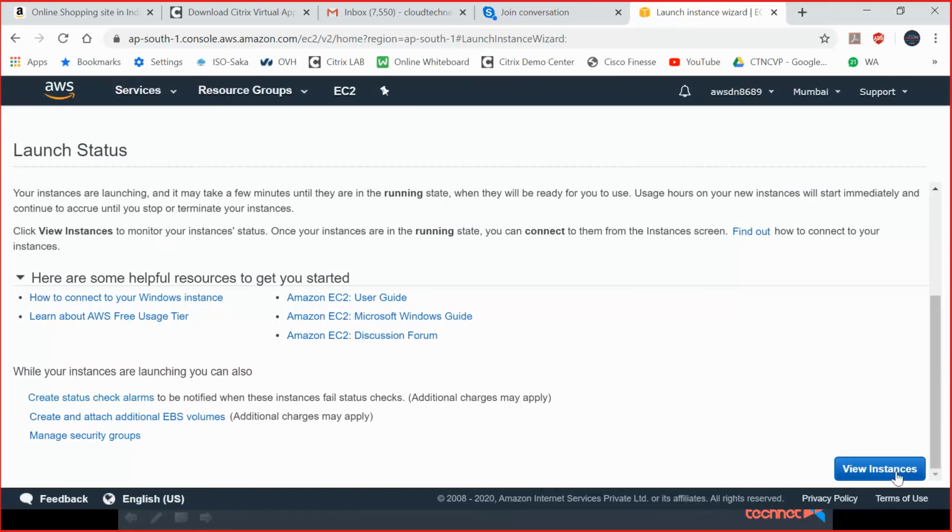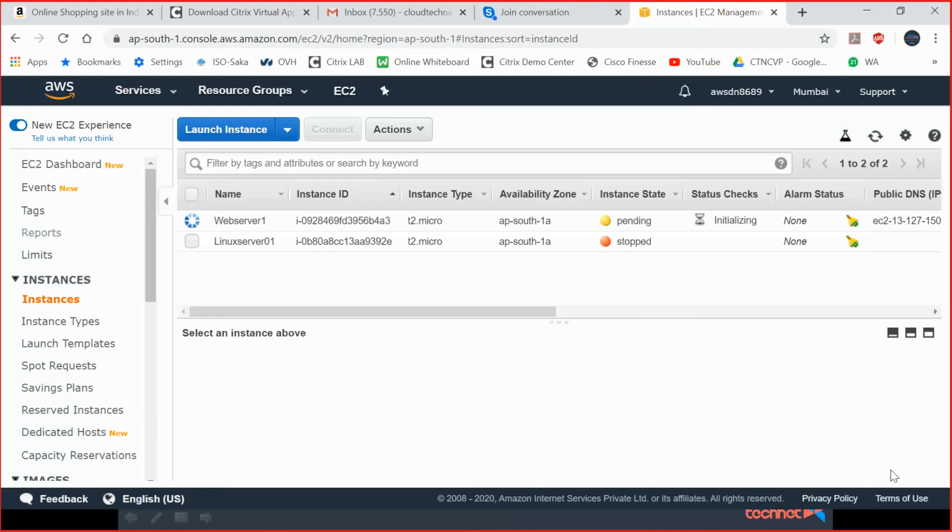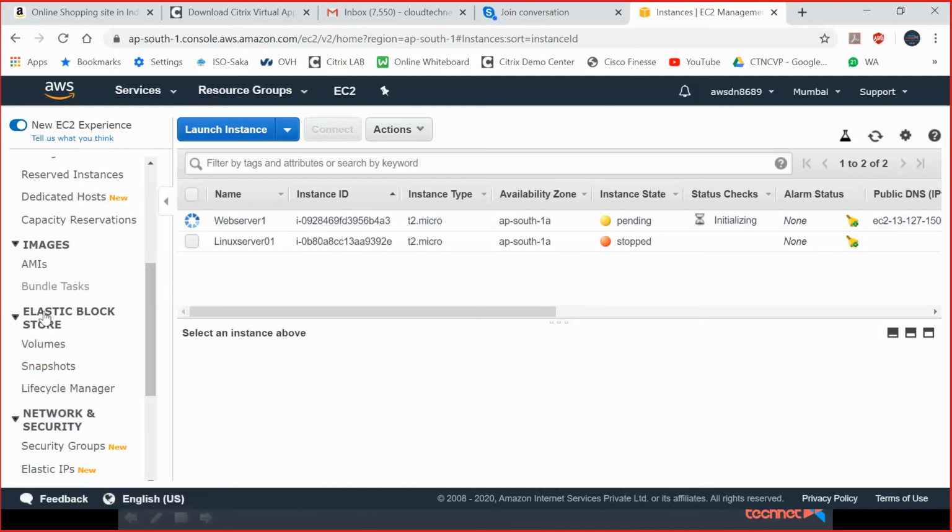Now the instance is created. You know it will take a minimum of 4 minutes to connect to the Windows machine. So meanwhile we will check EBS volumes. Where will EBS volumes be available? On the left side, we have the Elastic Block Store section.